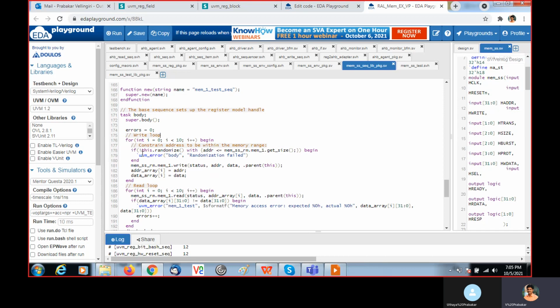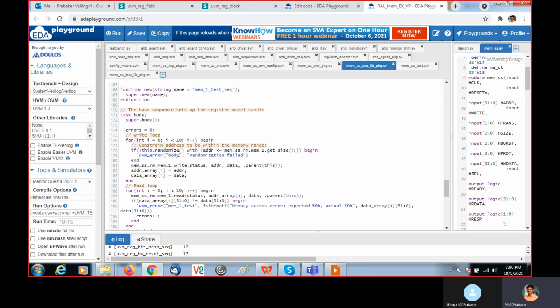Each time we randomize the address. The address should be less than or equal to the range of the address. So the mem SSRM, the register model mem1. There are 3 memories, and now I am going to perform for memory 1. Get size will return the size of memory 1, so within that range, the address will be assigned.